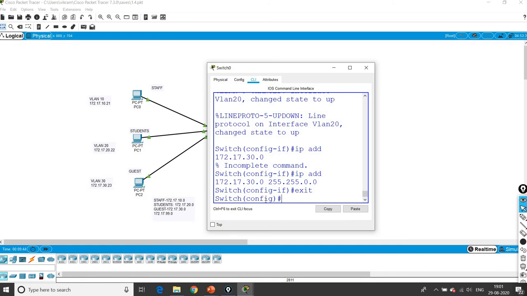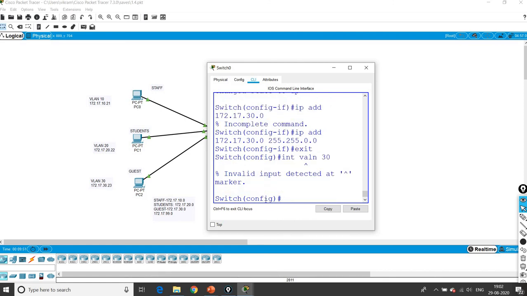So for the guest, interface VLAN 30, and what is the IP address?